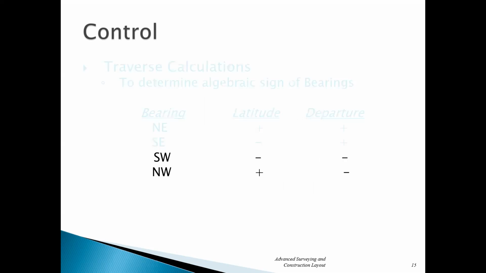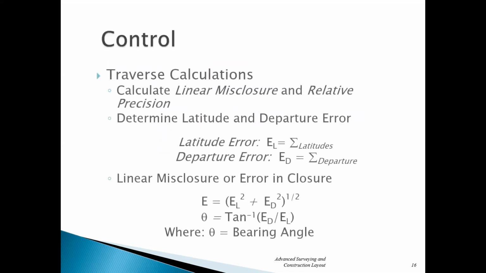And then for the other quadrants, southwest is negative, negative, in terms of latitude and departure. And then northwest would be positive, negative. But again, if you're using a calculator in terms of azimuth, then it will do all that work for you, okay? So we said that once we have latitudes and departures broken down, we can then determine and talk about